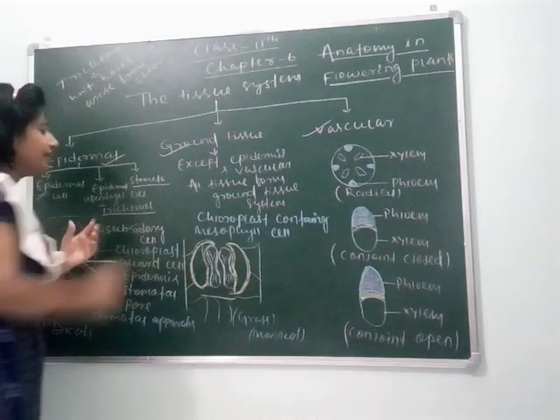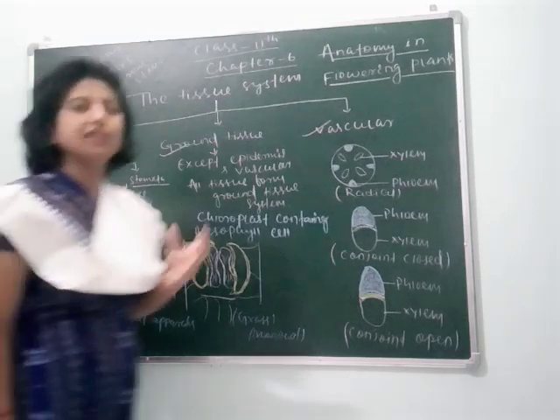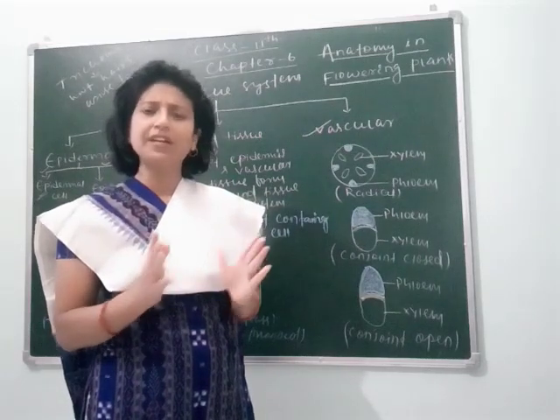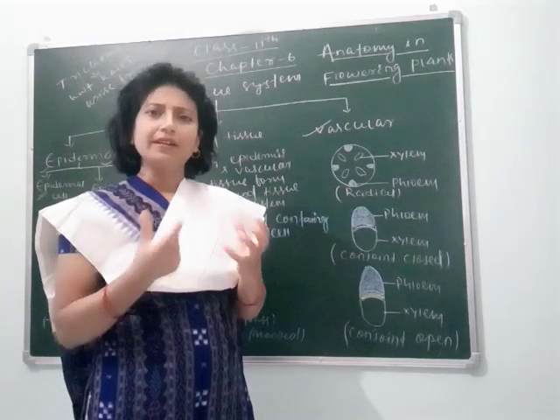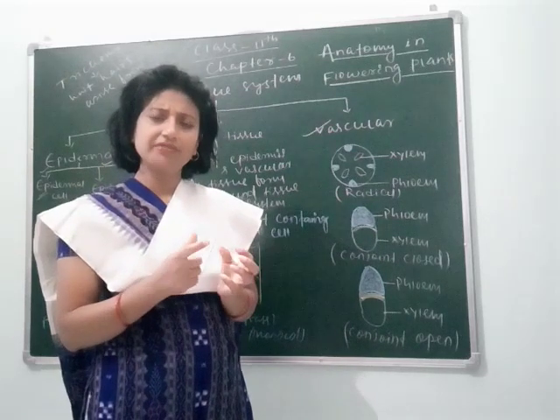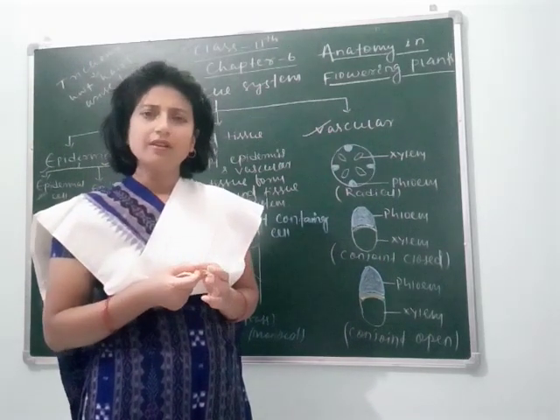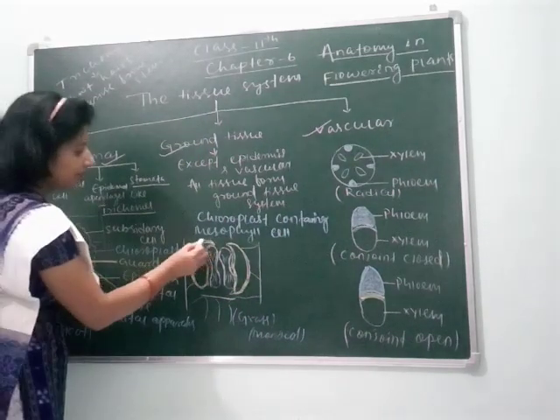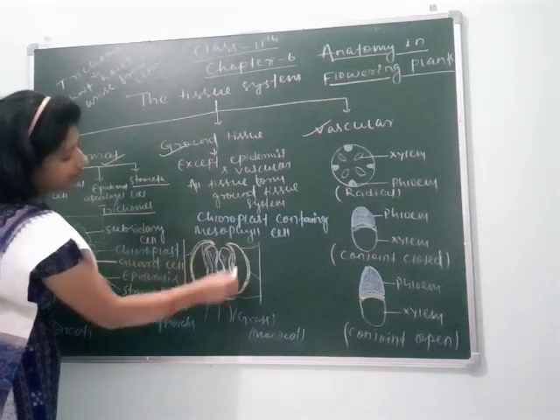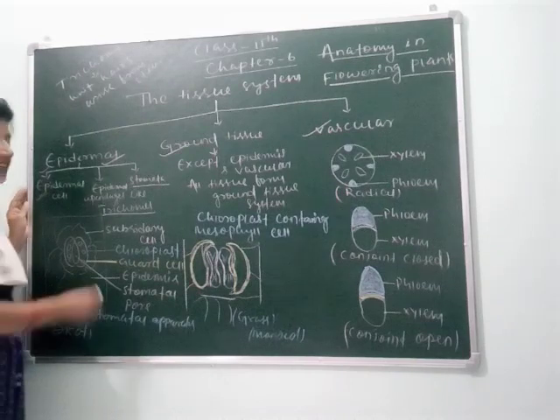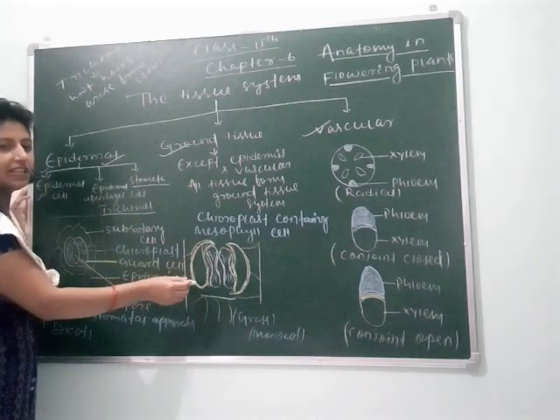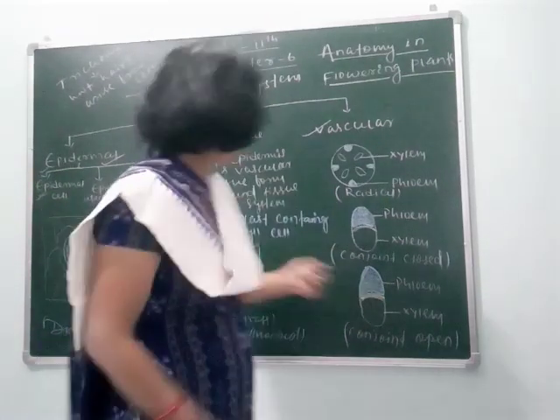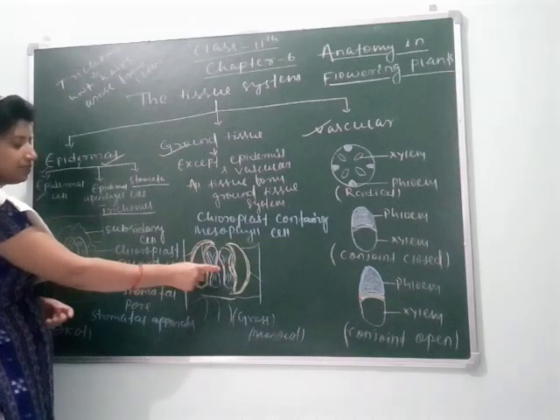Again, stomata, as we know, are of two types. If we see through a microscope, we will see two different types of stomata. One is covered by guard cells, which we can see in dicots, and another is the double dumbbell shaped stomata. So stomata are of two types, in dicots and in monocots. In monocots it is double dumbbell shaped. A dumbbell is what we use in the gym, and it looks exactly like this.